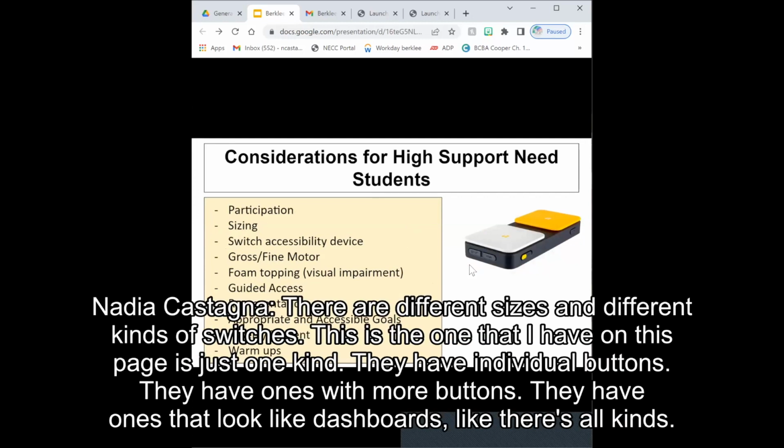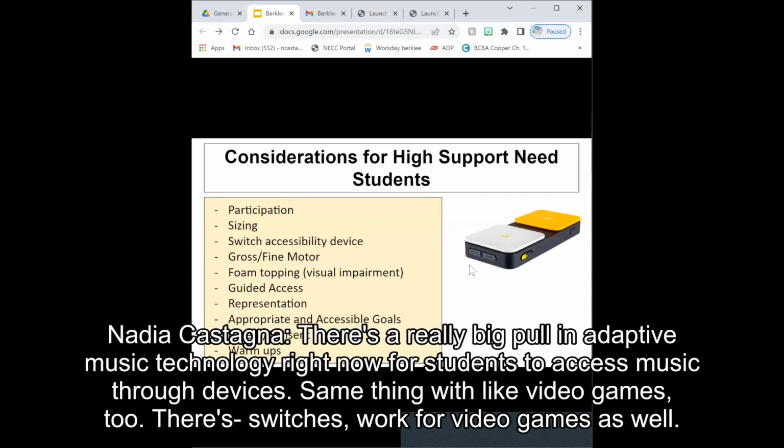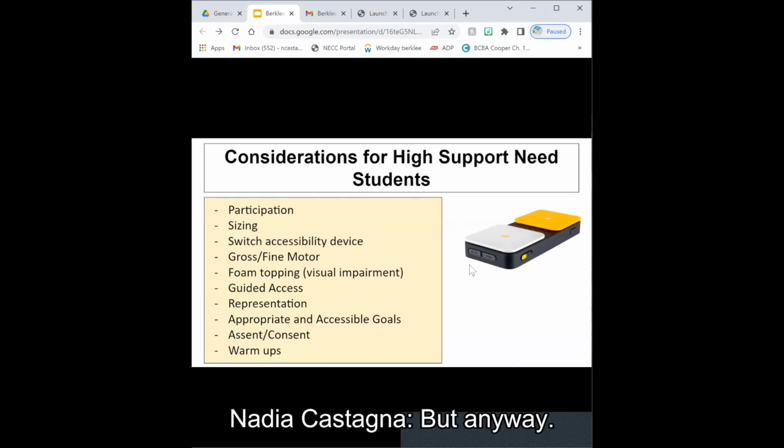There are different sizes and different kinds of switches. This is the one that I have on this page, just one kind. They have individual buttons, ones with more buttons, and ones that look like dashboards. There's all kinds. There's a really big pull in adaptive music technology right now for students to access music through devices. Same thing with video games too. Switches work for video games as well. But anyway,